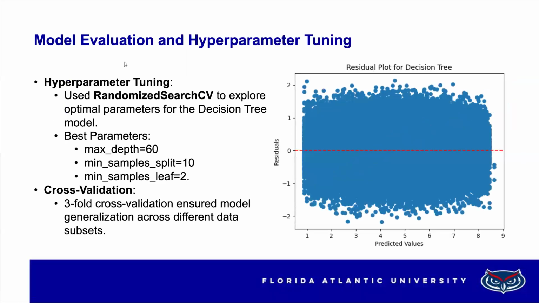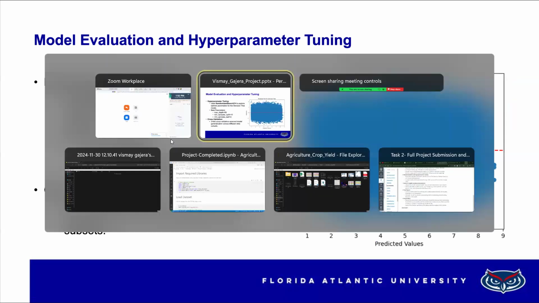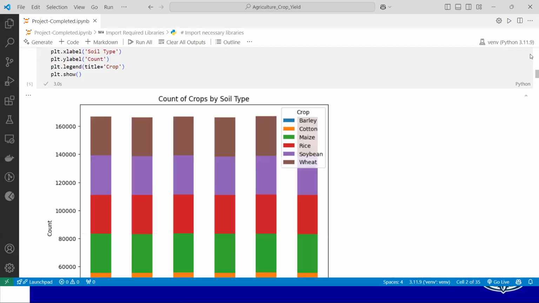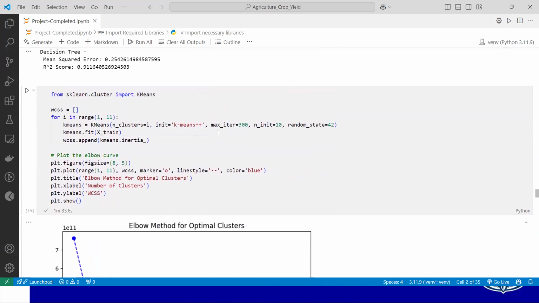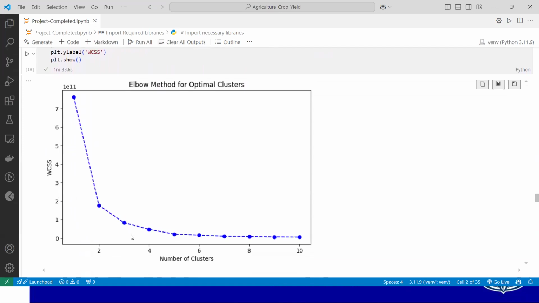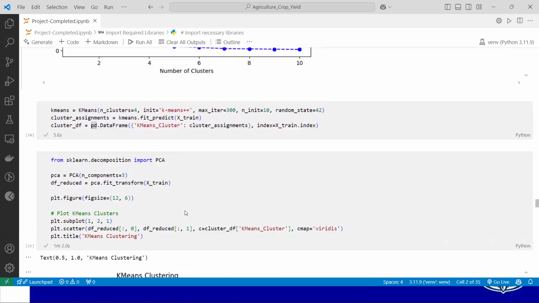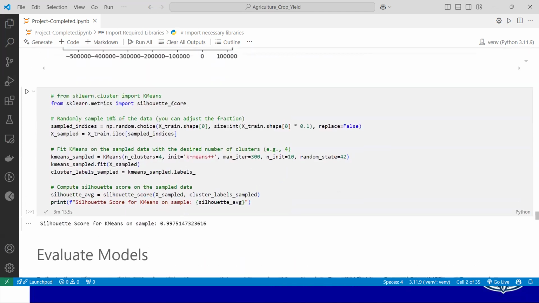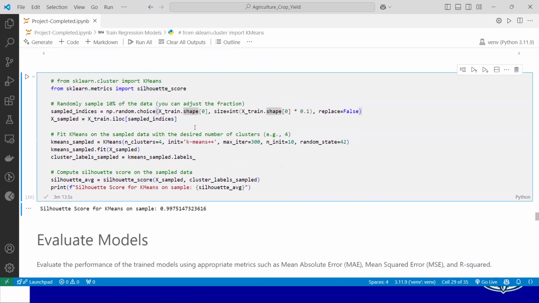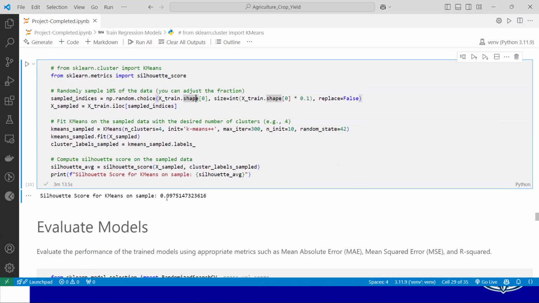If we go to the code, then we can see the k-means. We have utilized the elbow method to find out the optimal clusters. And if we can see in the chart, the elbow is created around 4. So 4 is the optimal number of clusters for the k-means for our data set. Then we have utilized the Silhouette score method to evaluate the k-means as well, and it is around 99.75, which shows us the best clustering accuracy till now.